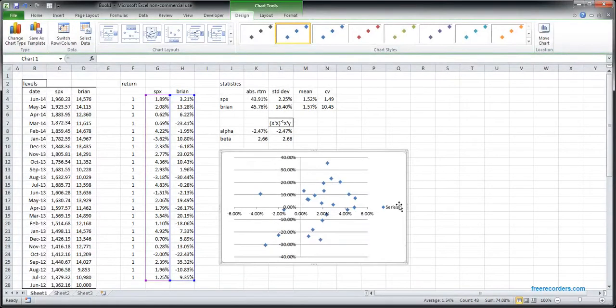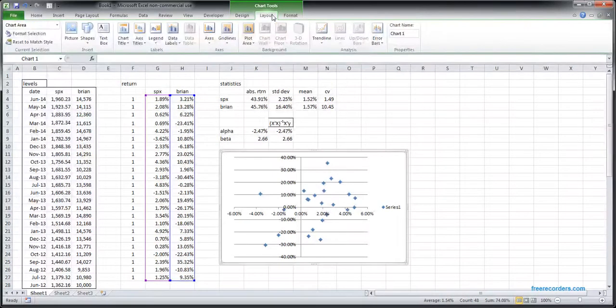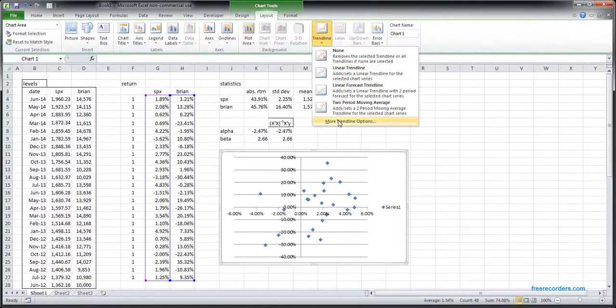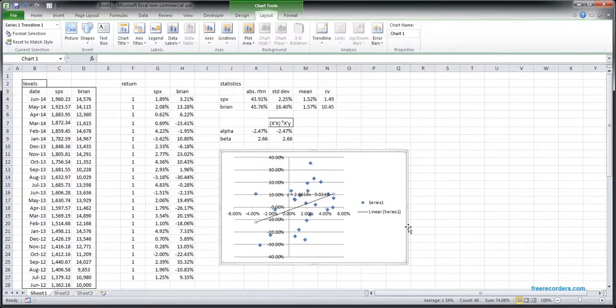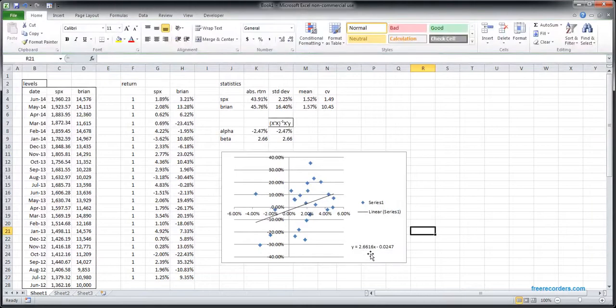One thing I like to do is go to layout, then trend line, more options, and display equation on chart. If you drag that over to the white area, you can see we've got a slope of 2.66, which is the same, and an intercept of negative 2.47%,